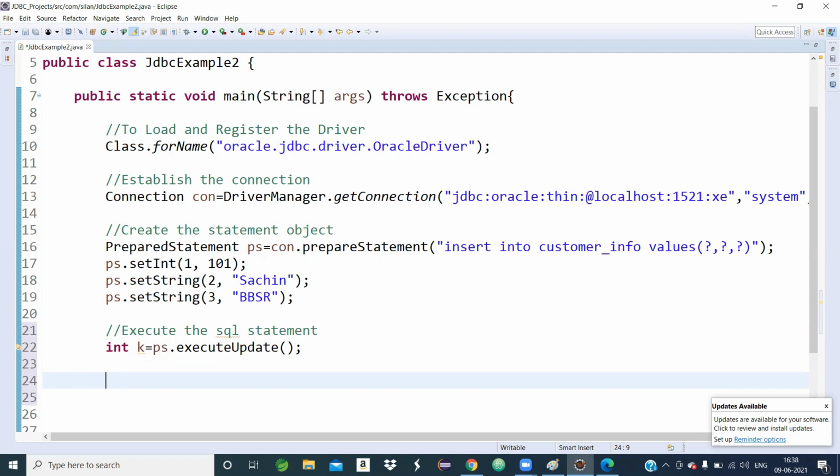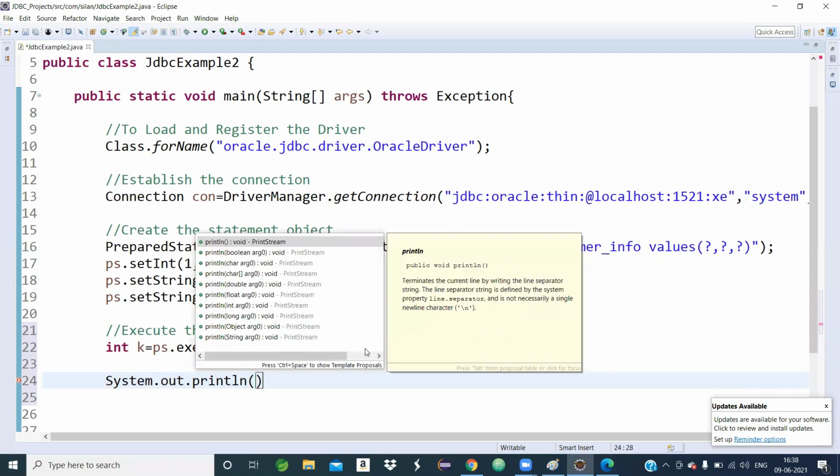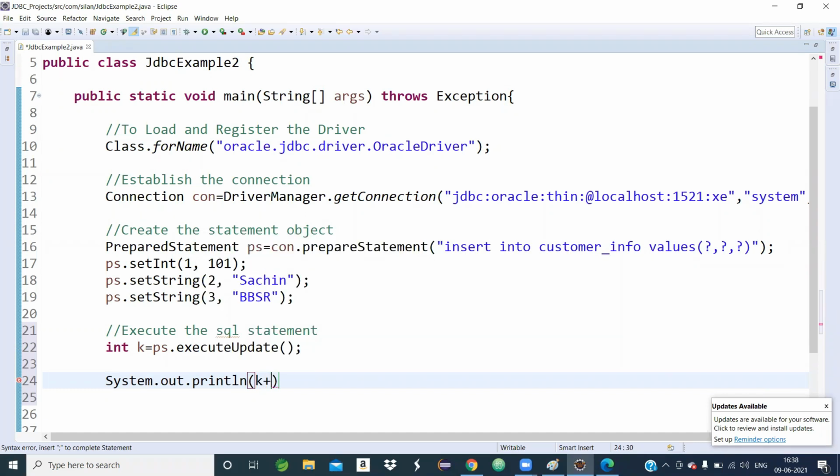Till now every step is complete, only the last step is remaining, which is very simple: close the connection. But we have not written any output statement yet, so I will write System.out.println with the value of k, and then "row inserted".